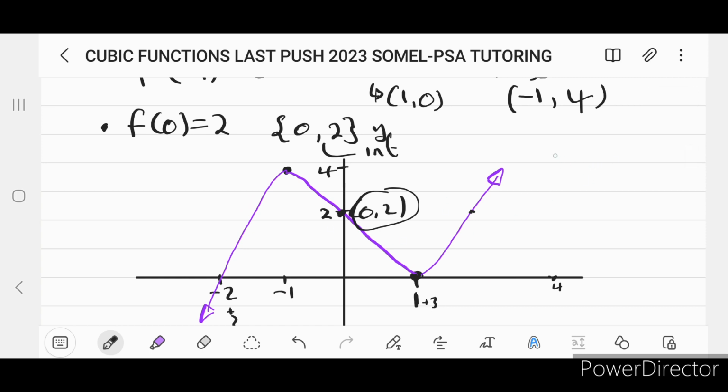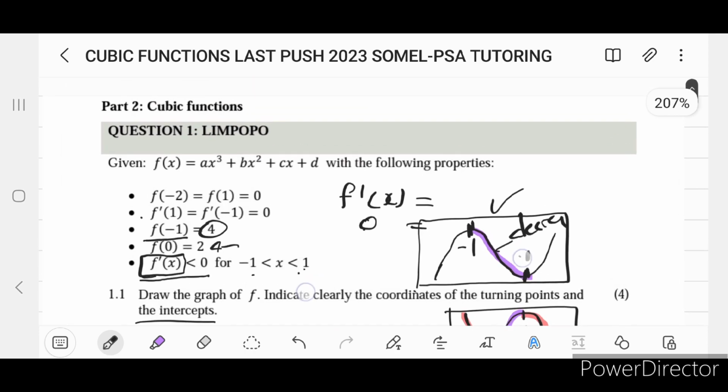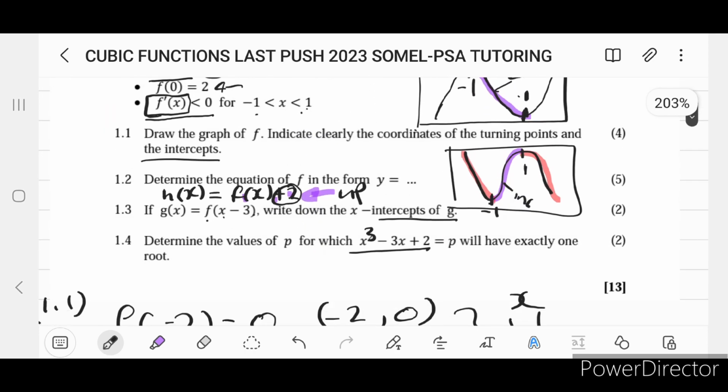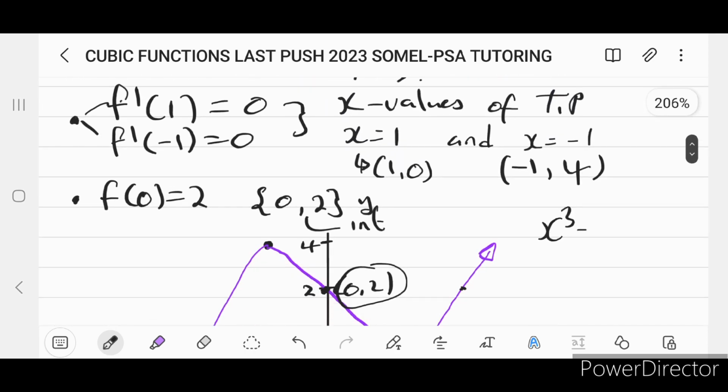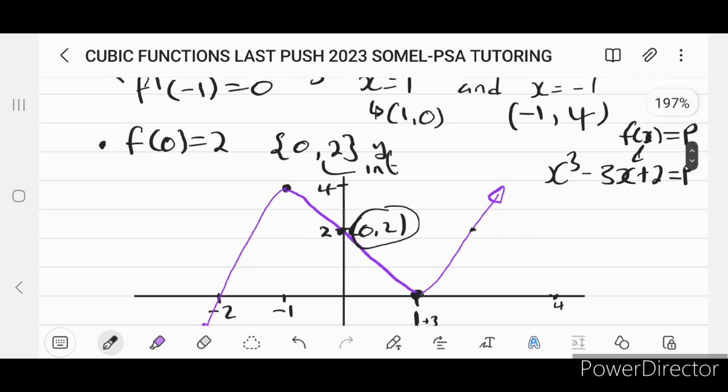So this is x cubed minus 3x plus 2 equals p, and then this is f of x equals p, because this represents our f of x function. So for this to have 1 root, I must move the function upwards,